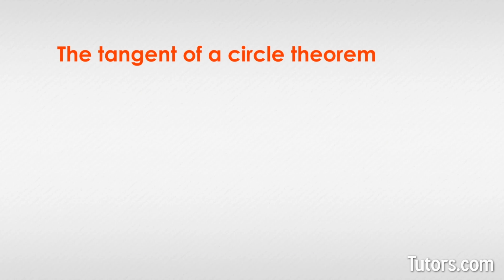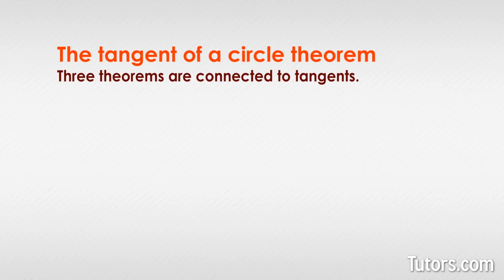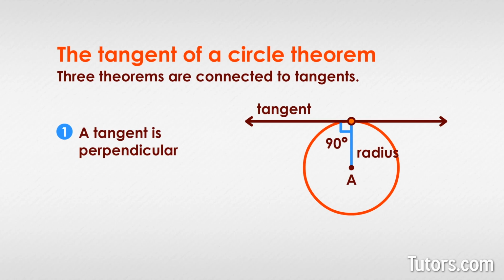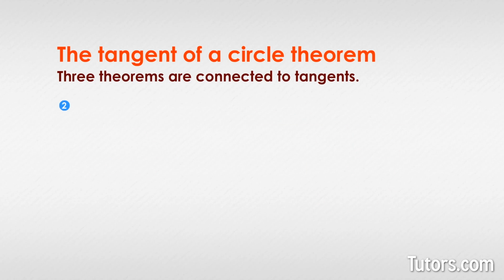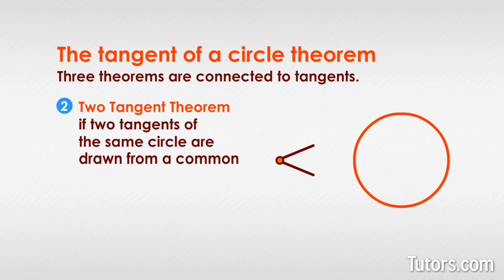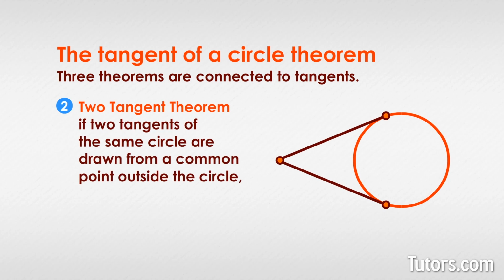Now let's learn about the tangent of a circle theorem. 3 theorems are connected to tangents. We already snuck one past you. That is, a tangent is perpendicular to a radius. The second theorem is called the two-tangent theorem. It states that if 2 tangents of the same circle are drawn from a common point outside the circle, the